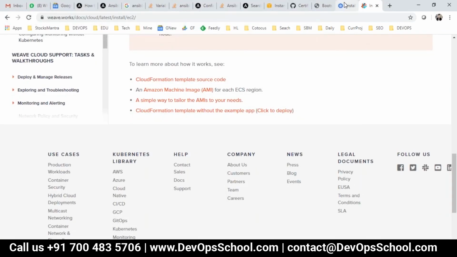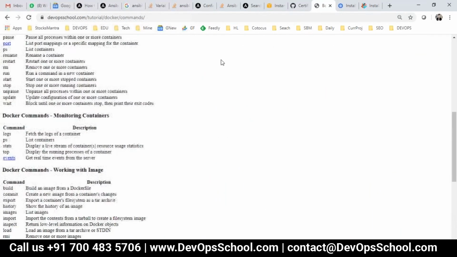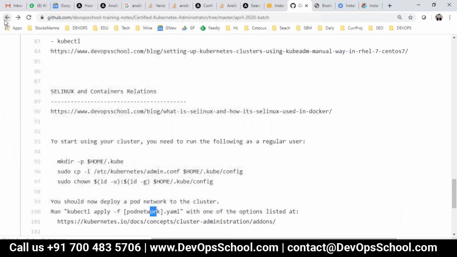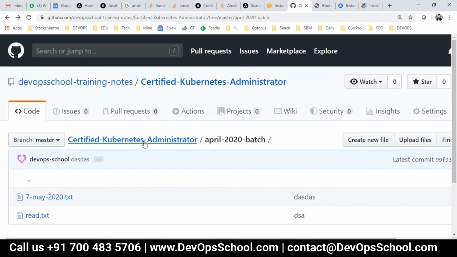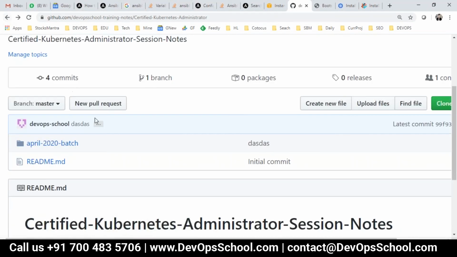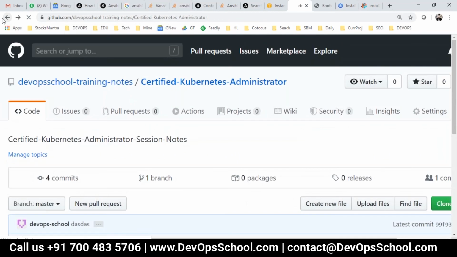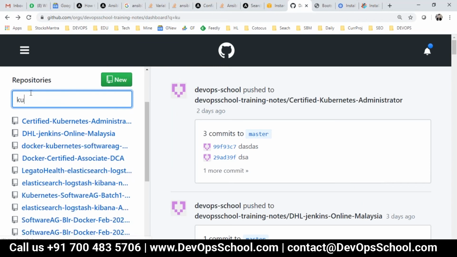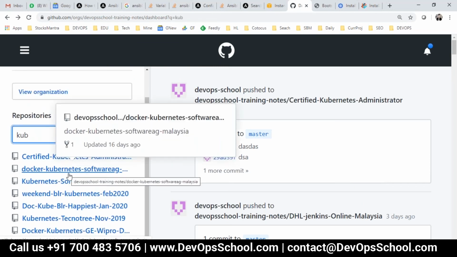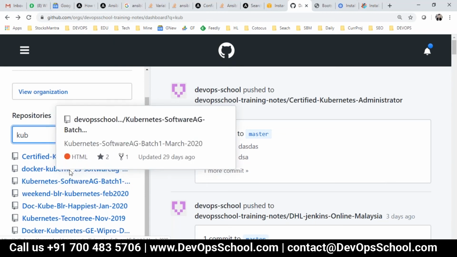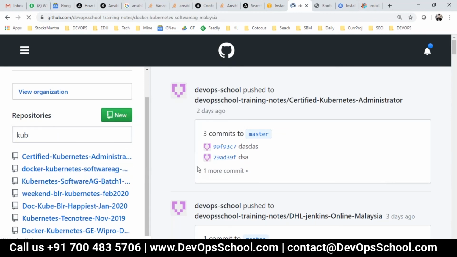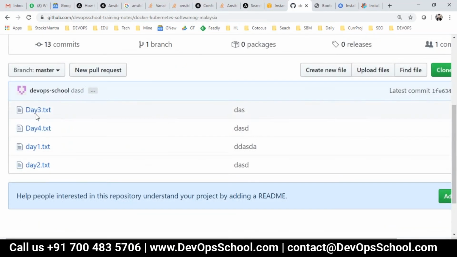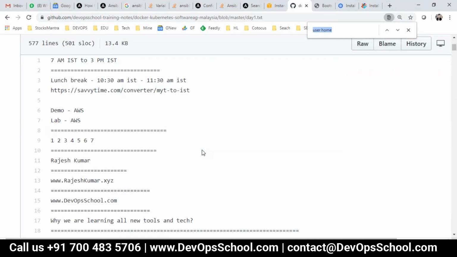They had given me that URL that I'm going to apply right now. In future, when we talk about the networking session, we will go through this website and understand it, because right now I don't want to waste time learning the navigation of WeaveNet.